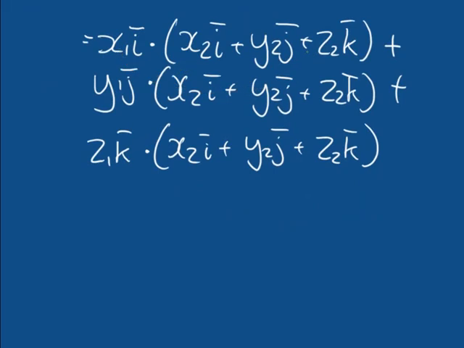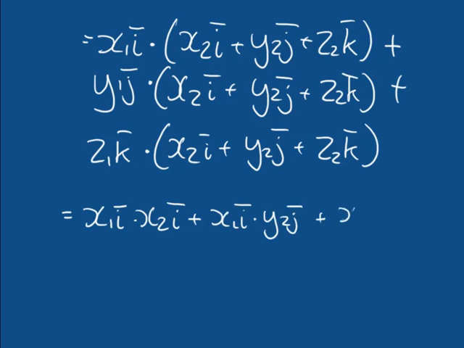So it's going to become quite a long equation, but if we take it slowly, step by step, it's actually not too hard. So we'd get here x1i dotted with x2i, added to x1i dotted with y2j, added to x1i dotted with z2k, added to